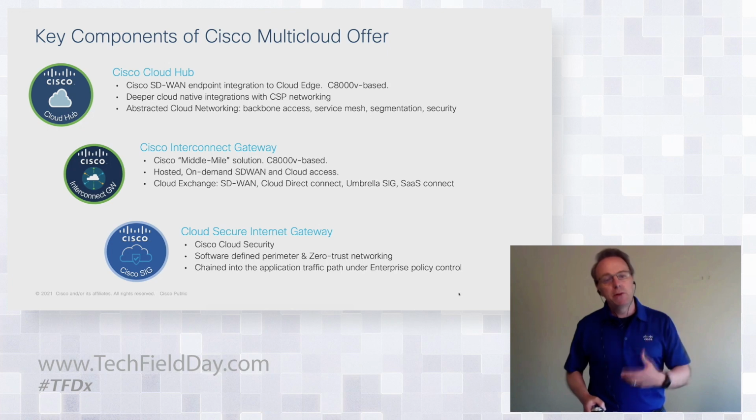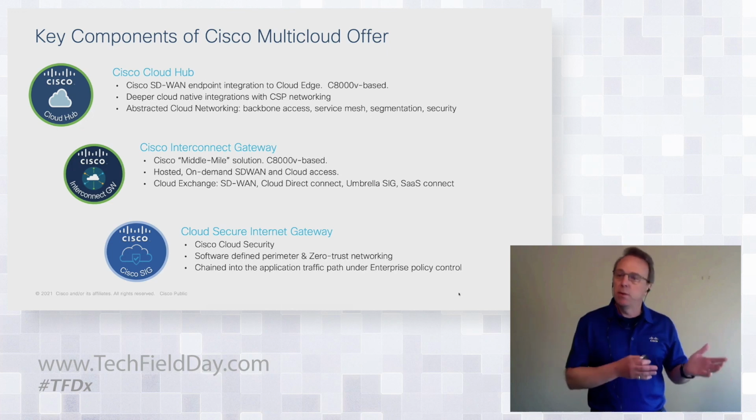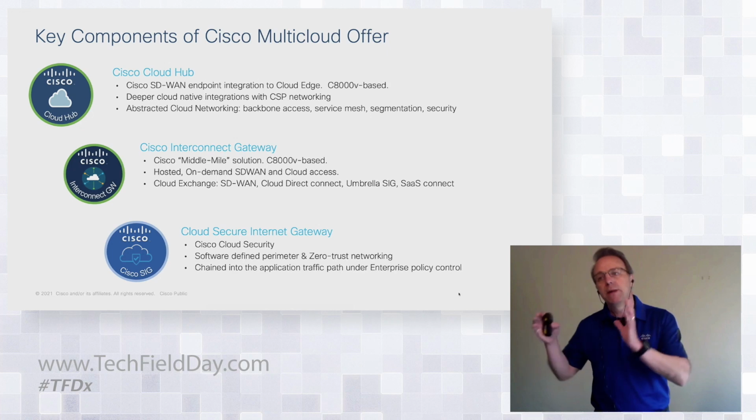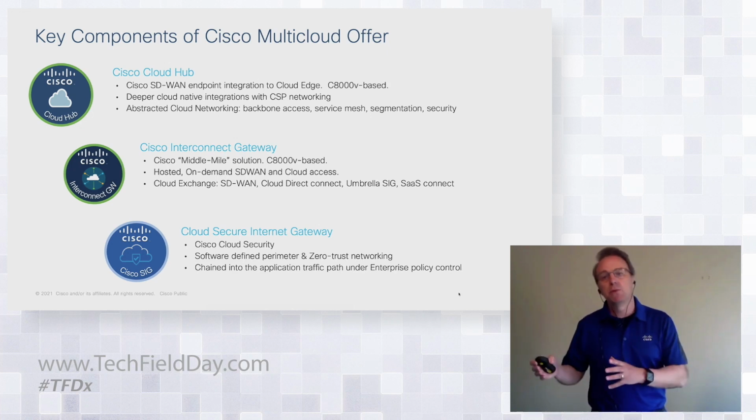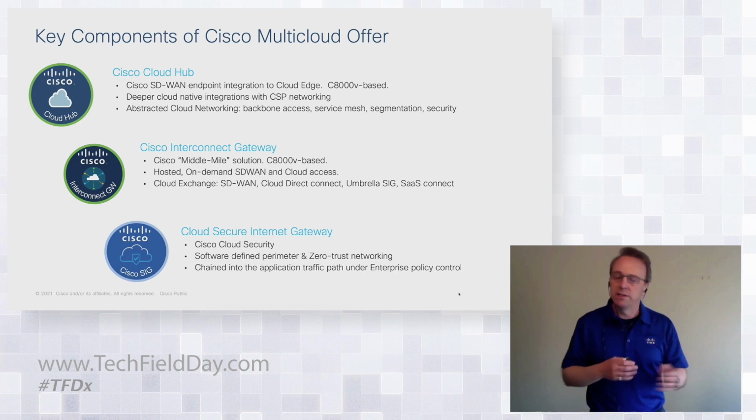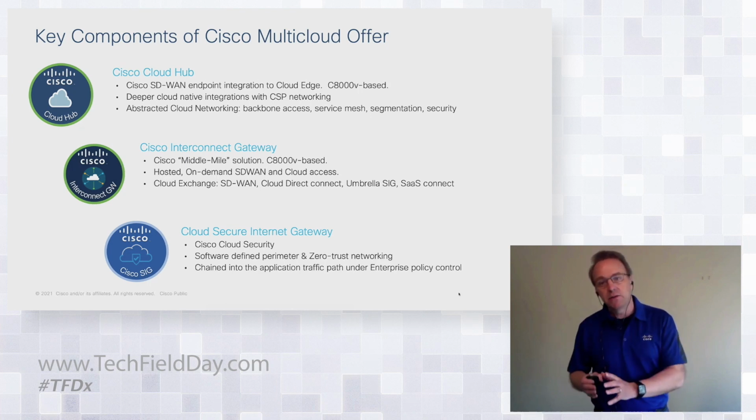Okay, so we have a couple of components here that we talk about, a couple of resources we talk about. We talk about the Cisco Cloud Hub. Now you may remember SD-WAN Cloud On-Ramp. We've had a number of iterations. Cloud Hub is kind of now our latest and greatest iteration of on-ramp, but it's much more than on-ramp originally was, at least in its original incarnation. So what this really is, is an SD-WAN endpoint integrated with the cloud edge. All right, it's a C8000V